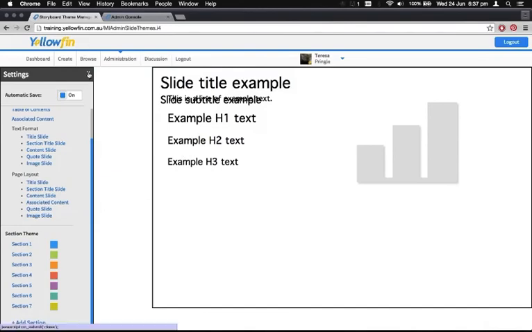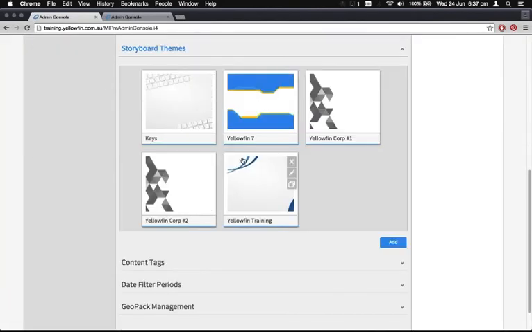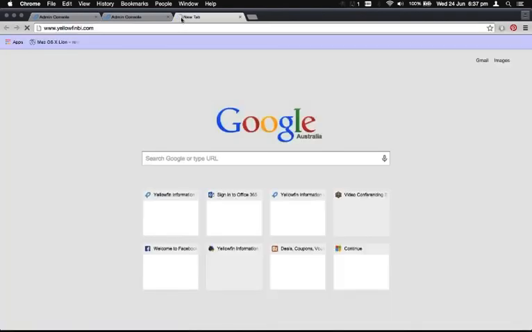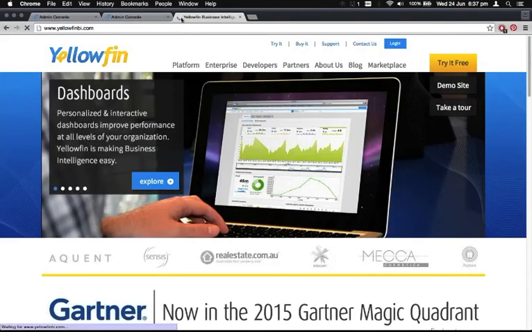Okay, so that's how you create a theme. And if you look at our wiki, there's heaps of examples. But also, if you're finding the idea of a theme a little bit daunting, if you go to the Yellowfin website, we actually have some themes that you can download to start with. So if you go to the marketplace